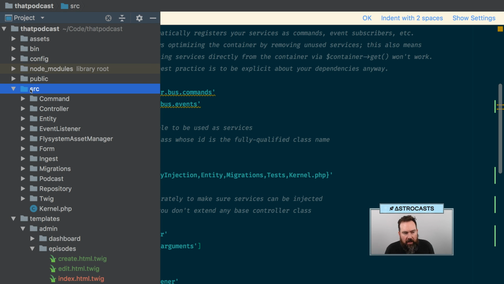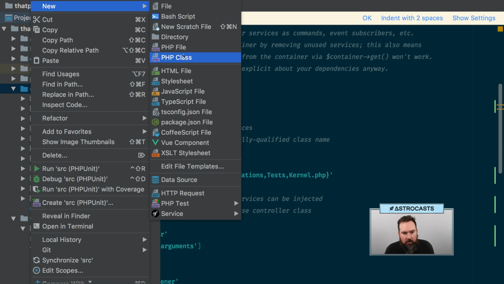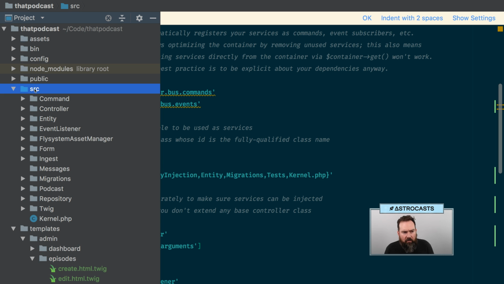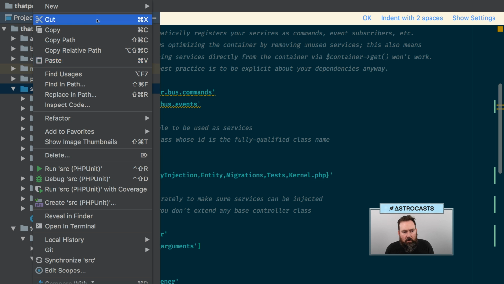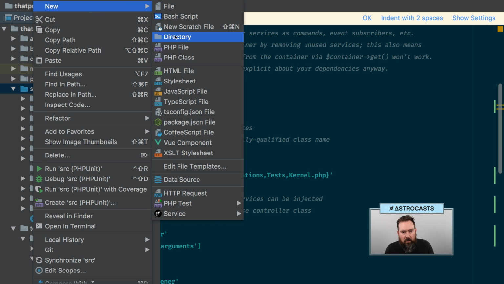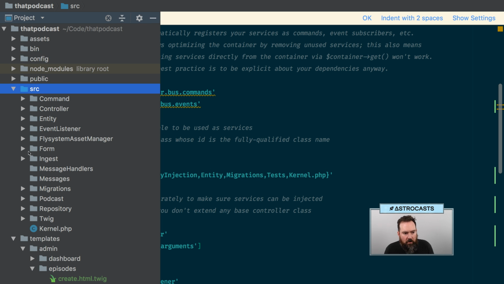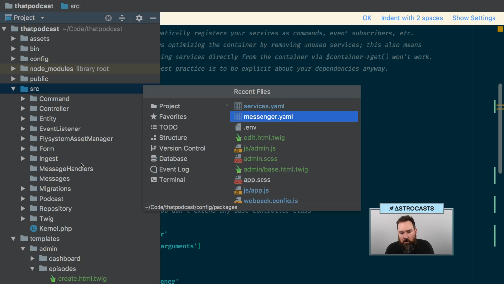So let's do a message. So we'll do messages, and then I think we have message handlers as the other directory name. All right, so for messages, the first one we're going to do, and the thing that we'll probably spend more time on the next session, is going to be inside the,